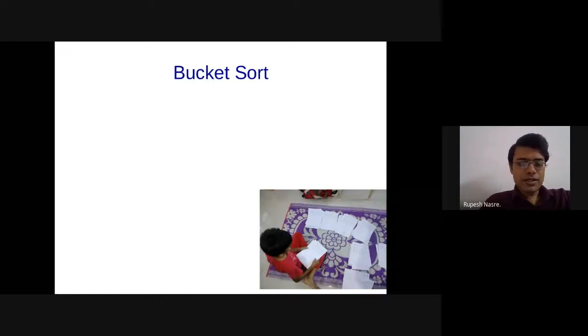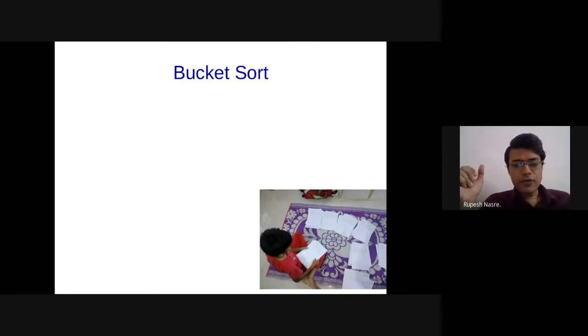But we used to seek his help in making the answer sheets sorted at the end of evaluation, right? Even with a non-core course, but more so with the core course, the number of sheets used to be large. And we didn't tell him how to do it. The method that he devised was very similar to what we do in bucket sort. What he did was, roll numbers 1 to 10 he put on one side, then 11 to 20 whenever they came he put into a different side, and so on. So that is how he kept creating buckets, right?